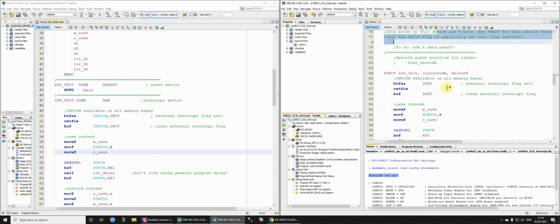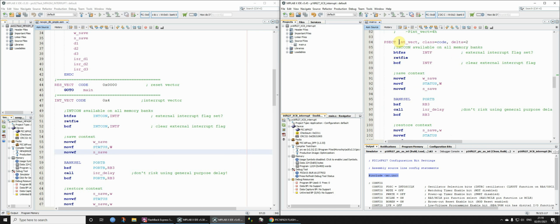Okay, so the next thing then is the program section for my interrupt service routine. So once again, I use PSECT as the directive, and I give it a name. You can give it any name you like. I'm sure there's some sort of naming rules, but more or less what you like. We say that it's code, and then delta equals 2, for the reason I said before, because we need to use 2 bytes per program instruction because we're using 14 bits. Okay, so then I've got my code,